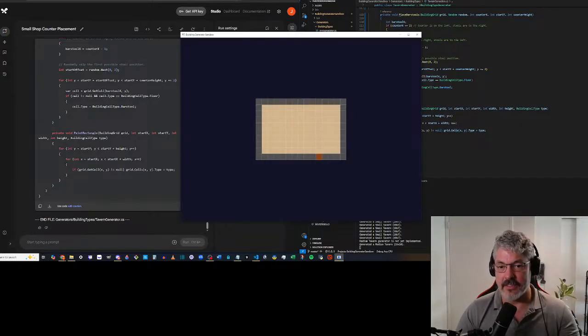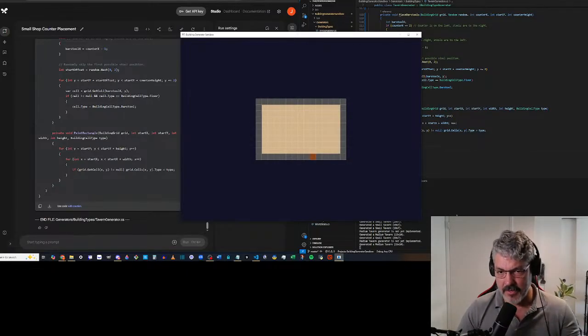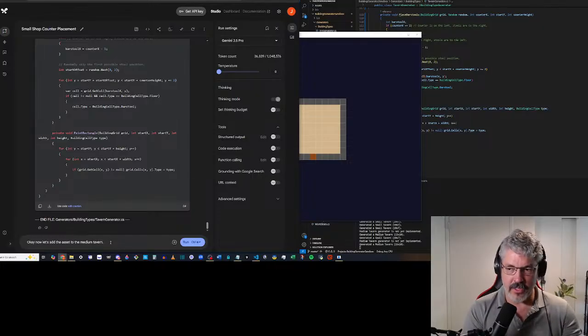Okay, next is moving up in scale. So I want to have a countertop. Let's make it where the bar... No, let's just always go all the way across. All right. Okay. Now let's add the assets to the medium tavern. I'm going to try and do this all in one go because I've given it the rules.